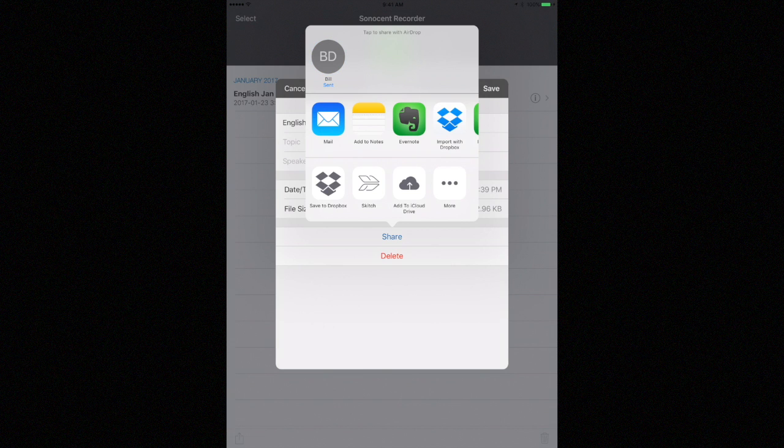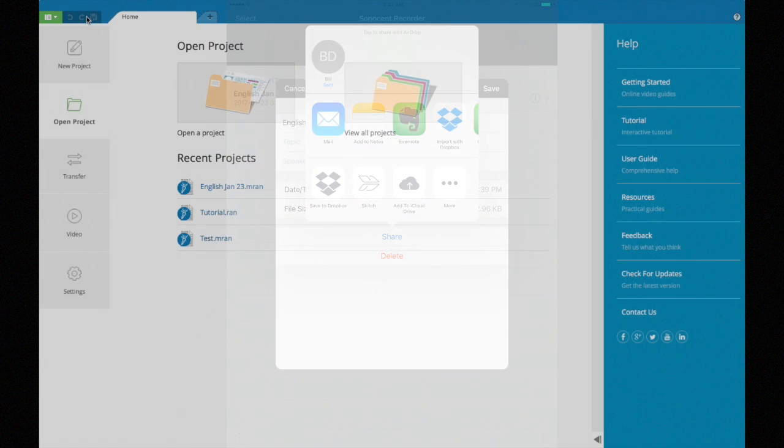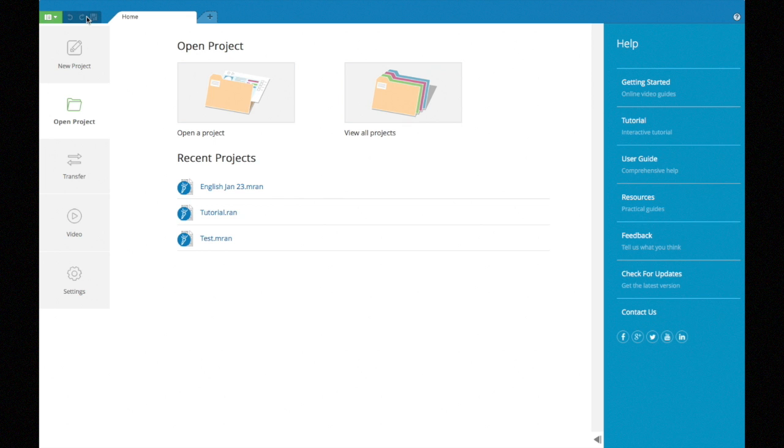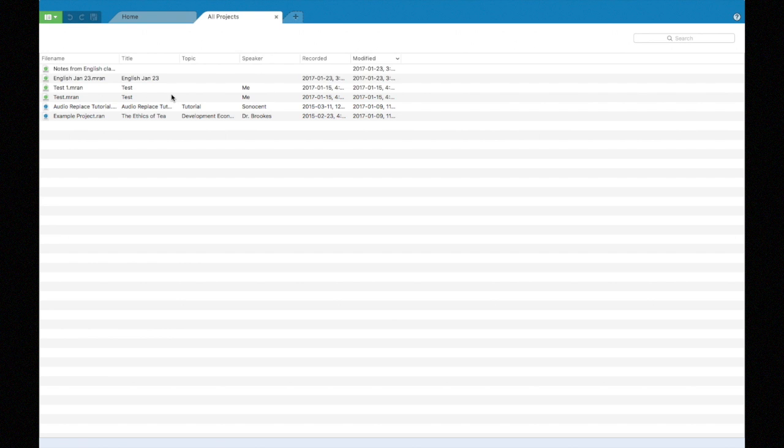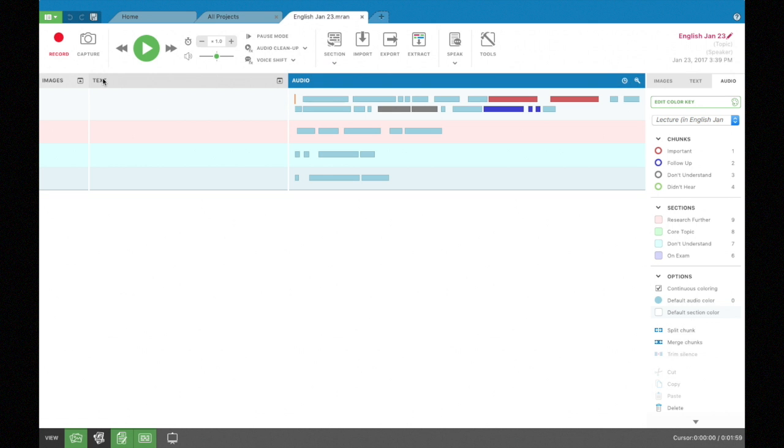So what I'm going to do now is just switch over to my Mac, and we will start processing this audio. All right, so I'm on my desktop computer here. I am in the audio recorder app, which is the one that Sonocent has provided. I'm going to go to View All Projects. Open that up. There we go. Cool. All right, so